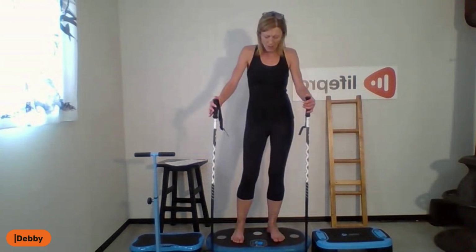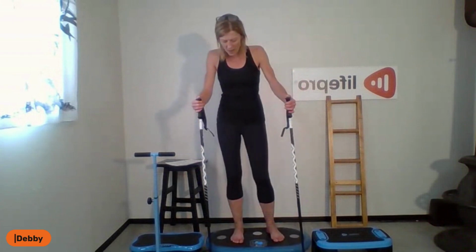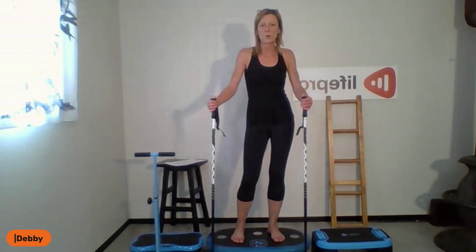We're just shifting the majority of the body weight to one side, and then we're going to shift it back to the other. And if you do have a weak side, you might want to give it a little bit more attention than the strong side. If you've got a strong side and you're dealing with a deficiency on the other, you have a tendency to wear out the strong side. So, you don't just work one side, but you may want to work one side more than the other to address tension, build strength. But I just want you focusing on, we're not quite skiing, but we are shifting weight